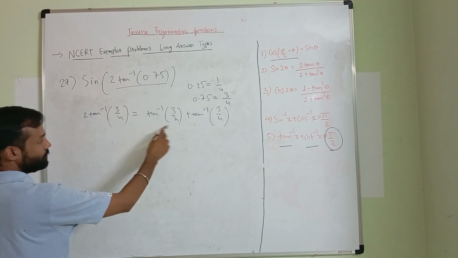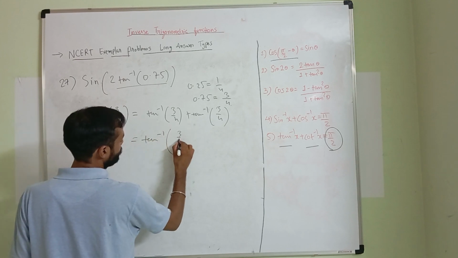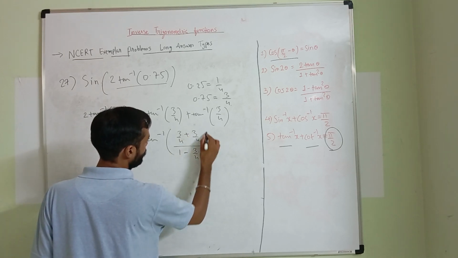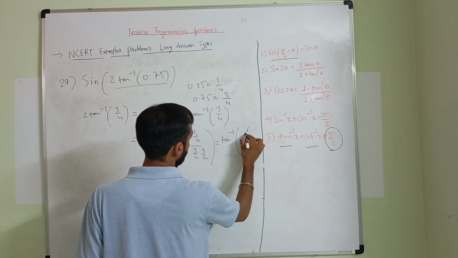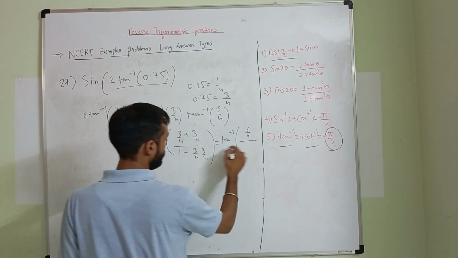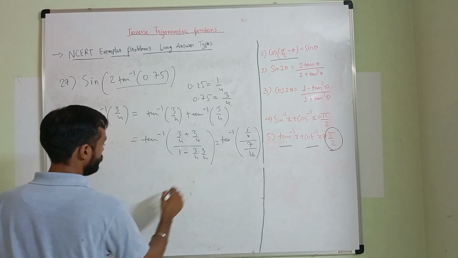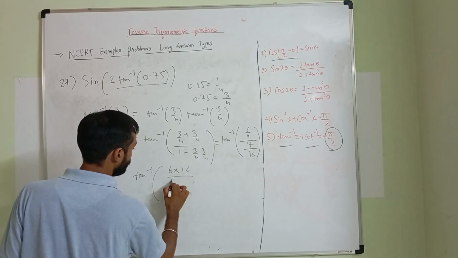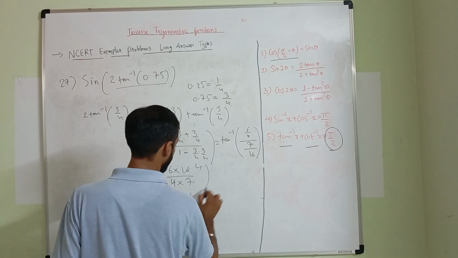It is in the form of tan inverse x plus tan inverse y. So we will write tan inverse of 3 by 4 plus 3 by 4 upon 1 minus 3 by 4 into 3 by 4. So it will become tan inverse of 6 by 4 upon, 16 minus 9, that is 7 upon 16. So it will become tan inverse of 6 into 16 by 4 into 7. On cancelling, this will become tan inverse of